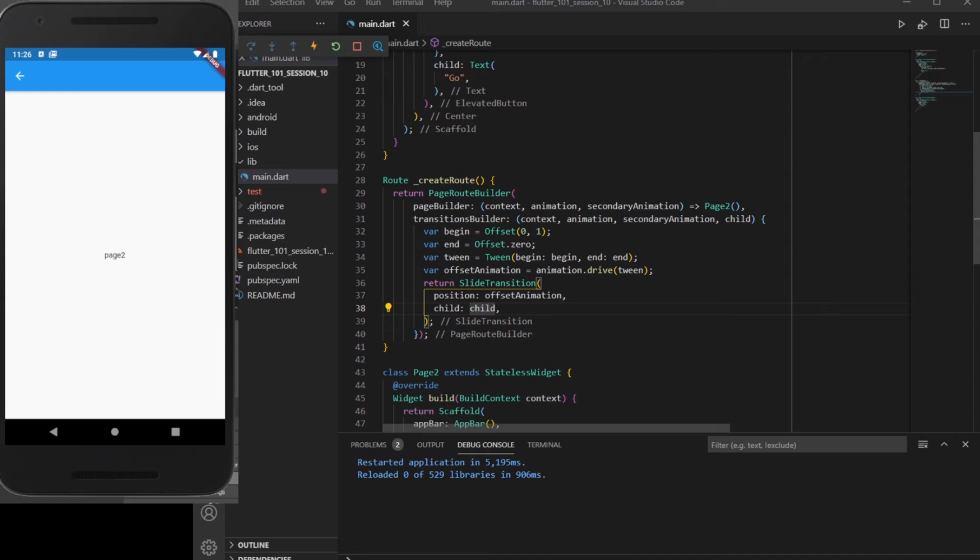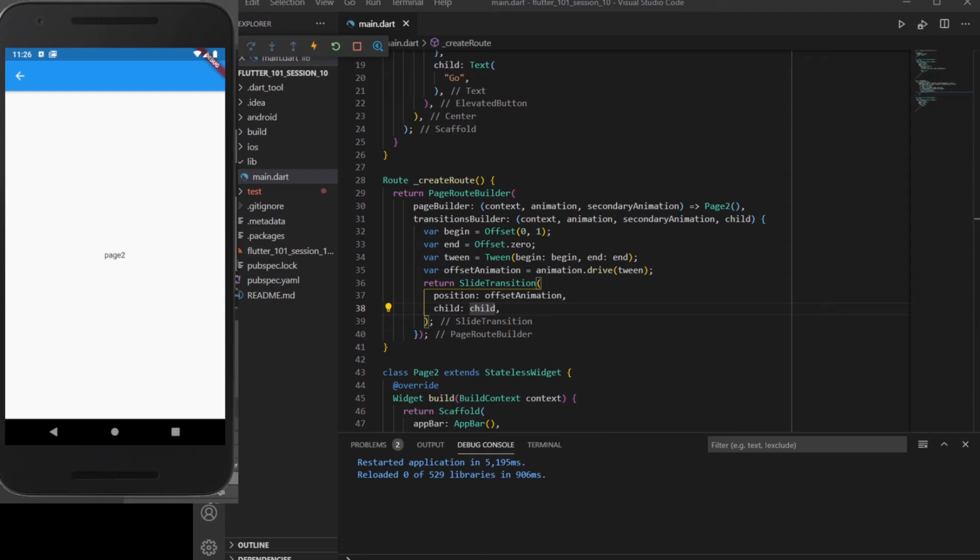For now I have told you how you can add a slide transition animation to your application, but similarly there are various different animations you can use, like in place of slide transition you can use a curved animation. For more animations you can refer to the Flutter docs.